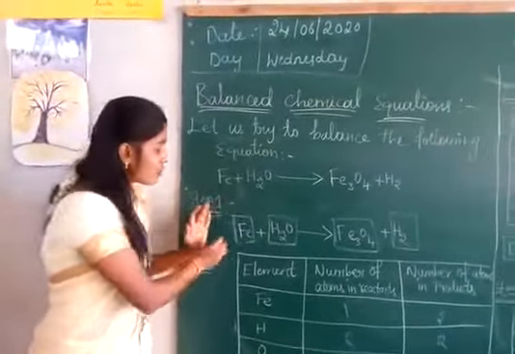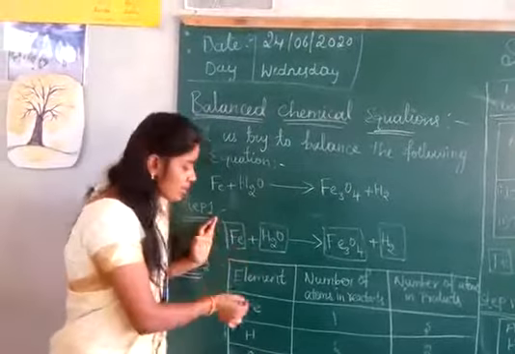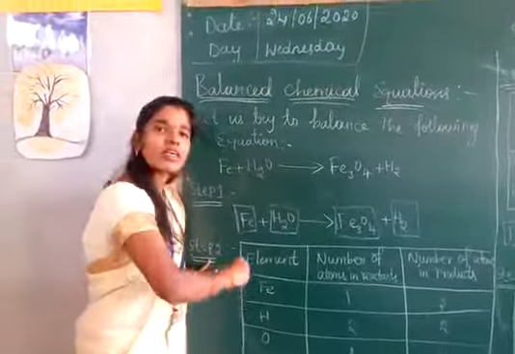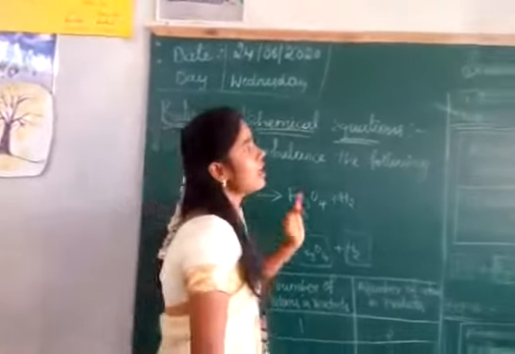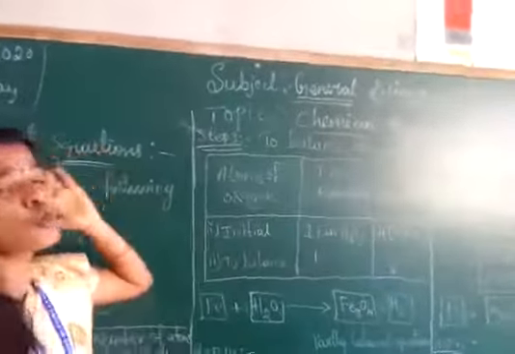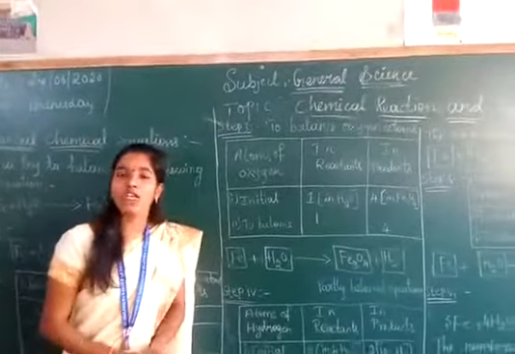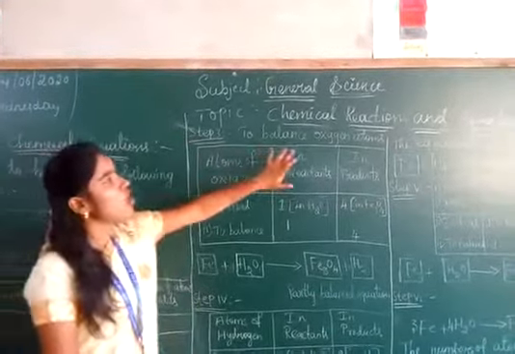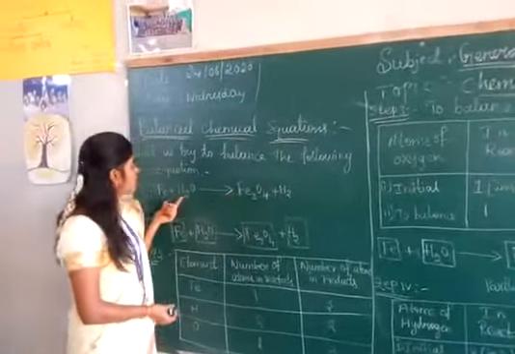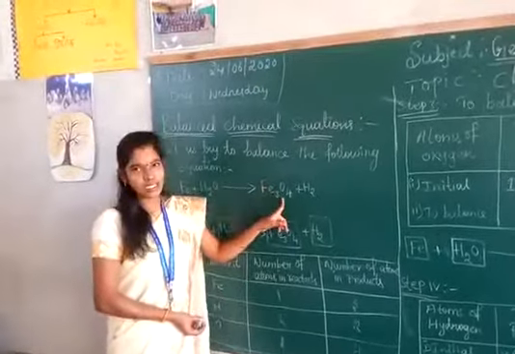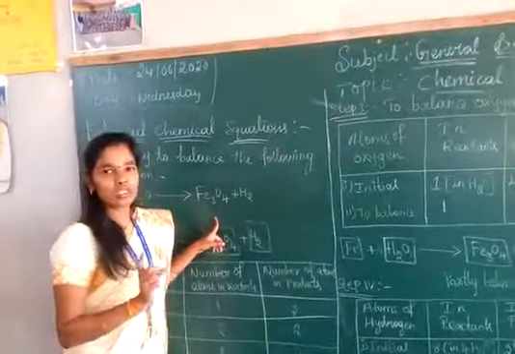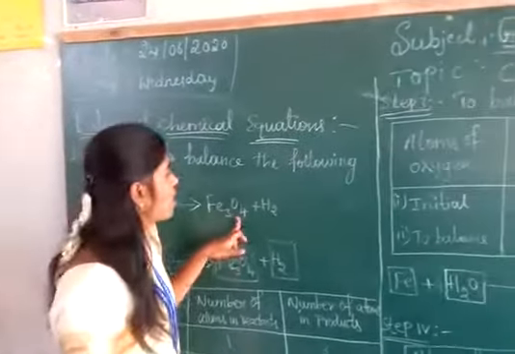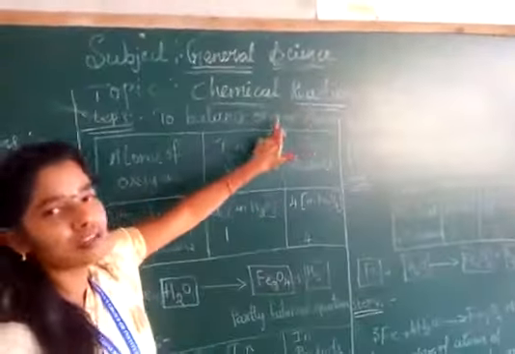So the first step is to draw the boxes around each element. The second step is to list the number of atoms present on the reactant side as well as the product side. Next, third step. It is often convenient to balance the equation by taking the compound with the maximum number of atoms. So I am taking oxygen. You can see in the equation which one has the maximum number? Oxygen. So first we balance the oxygen, whether it is on the product or reactant side, we take the maximum number.